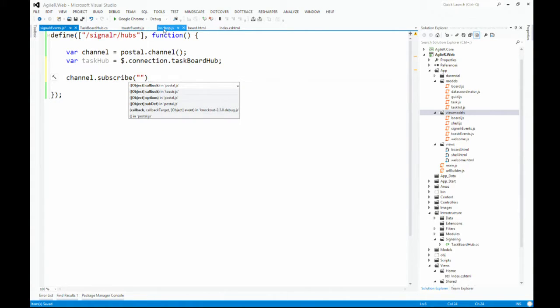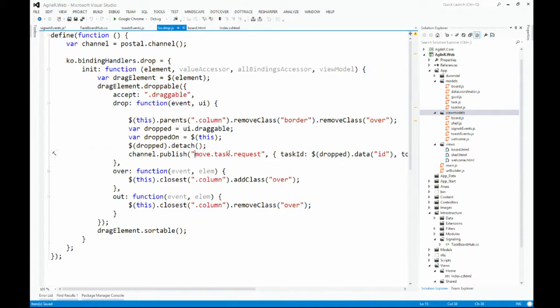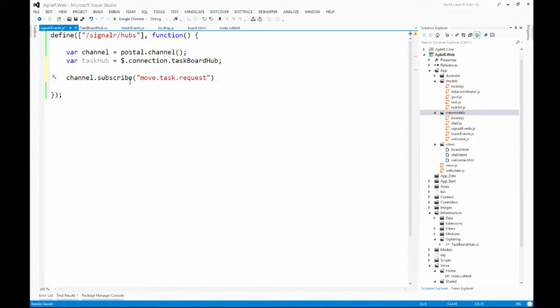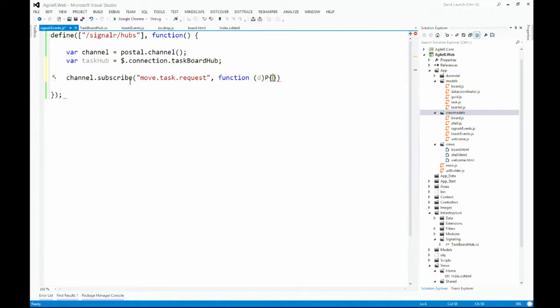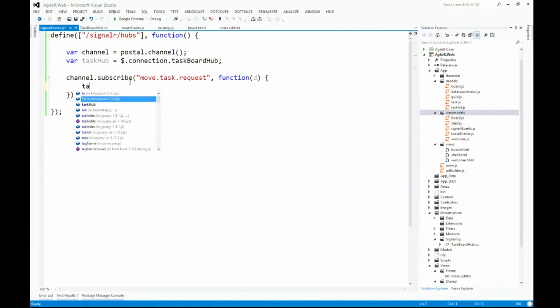So what I'm going to do is subscribe to that drop event that I showed you at the start. So move task request. I want to subscribe to that. So paste that in there and have my delegate. So I'm just going to call it d, easier to type. And what I want to do is tell the other clients about what just happened. So I want to tell everyone else that a task was just moved.